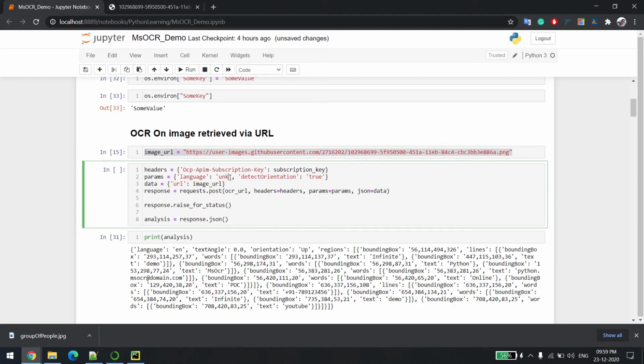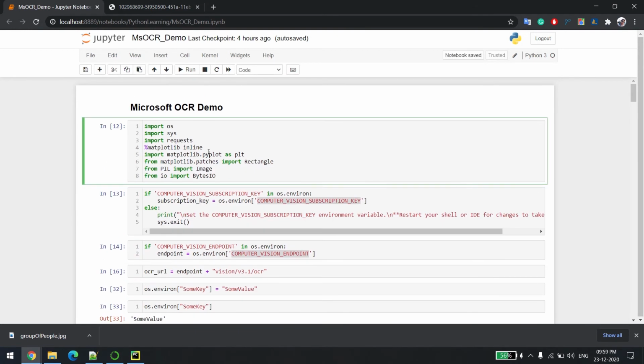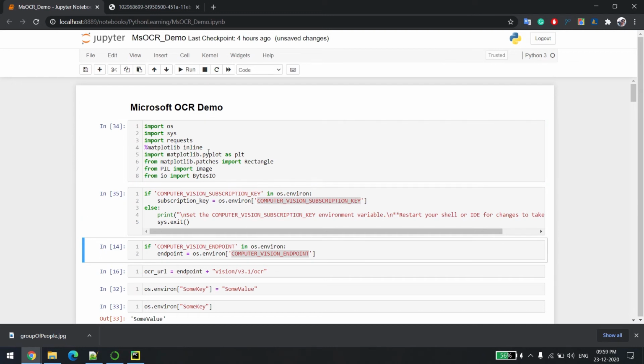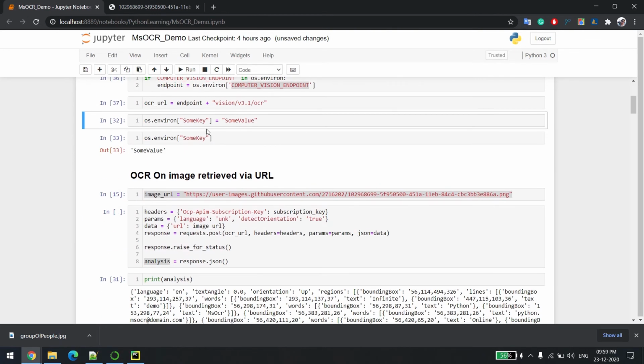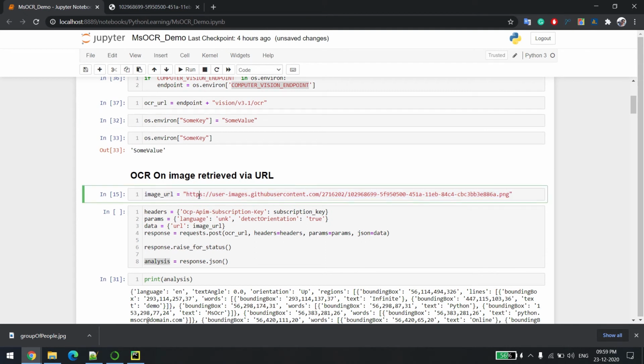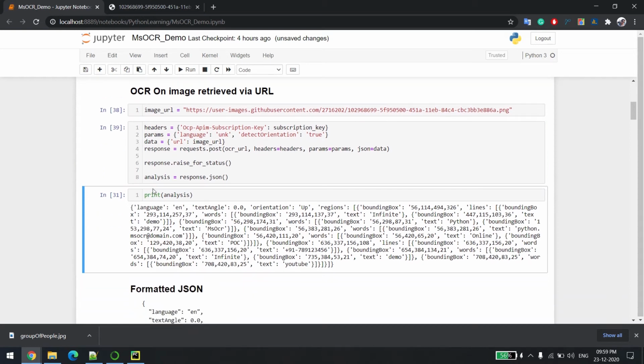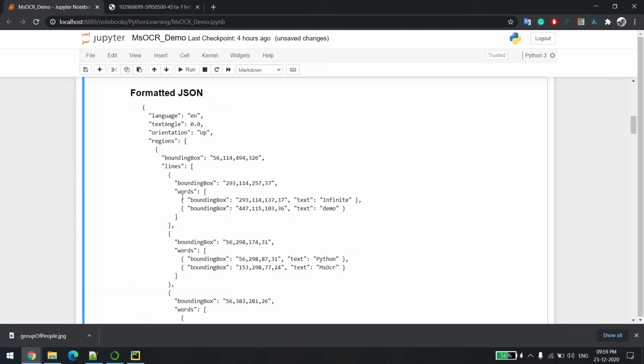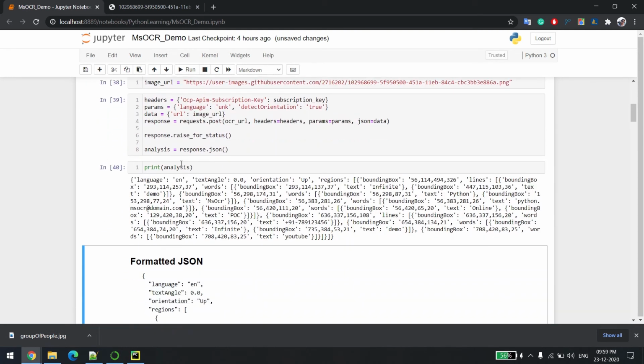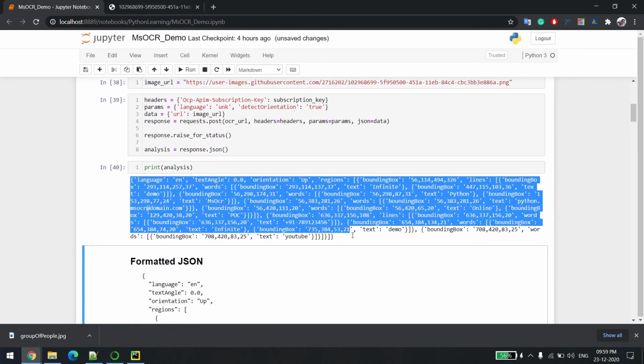It's the same URL which I am showing over this tab. And once you pass it, you will be getting this. Let me run it from the beginning. All right, so let me pass this one also. Once it's executed, let me see what it's printing. You can see it's able to print this. Let me format this one for you.